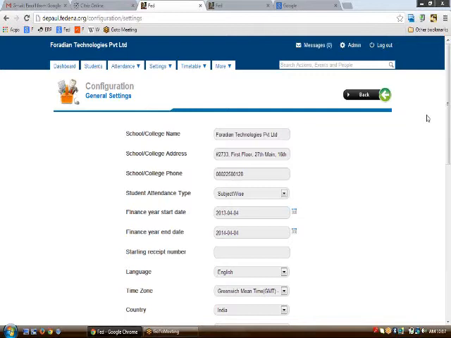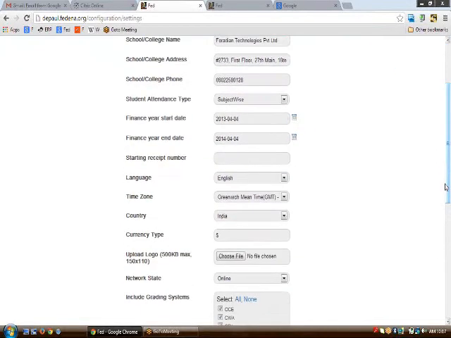In student attendance type, we can have two things, the subject wise attendance or the daily wise attendance. If your school prefers the subject wise attendance, then you can click upon subject wise attendance. Otherwise, daily wise attendance can be opted. Then comes a financial start date or financial end date, where the current fiscal year is to be entered,